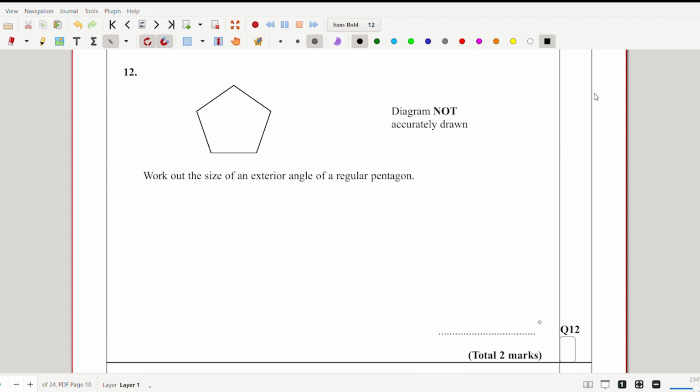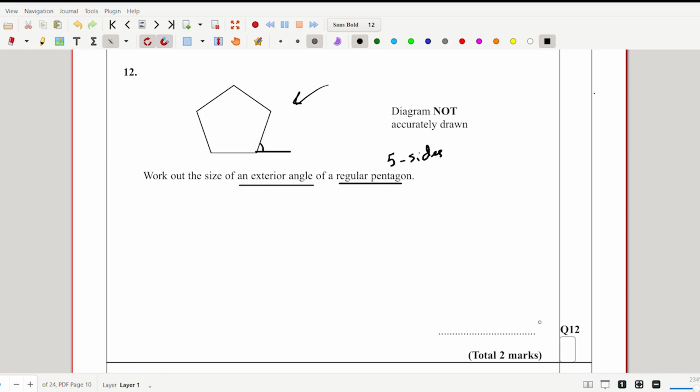Work out the size of an exterior angle of a regular pentagon with 5 sides. As you can see from the graph here, we need to find the exterior angle. So this is one of the exterior angles of this pentagon. A regular pentagon means all 5 sides are equal, all 5 angles are equal, and we know that